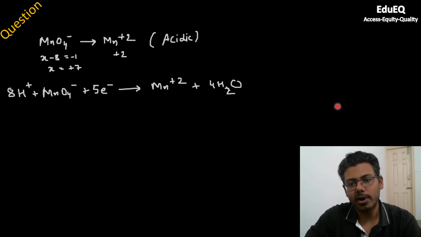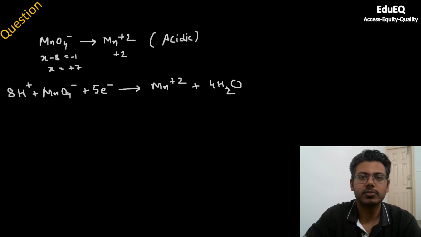Now coming to one more example, which is in acidic medium, because we have seen basic in too much detail. Let us also look at one simple acidic reaction. So MnO4 minus will change to Mn plus 2. Here x minus 8 equals -1. To find the oxidation state of manganese, you know x is +7. This we also saw in the last example. From +7 to +2, it will go when it gains 5 electrons.